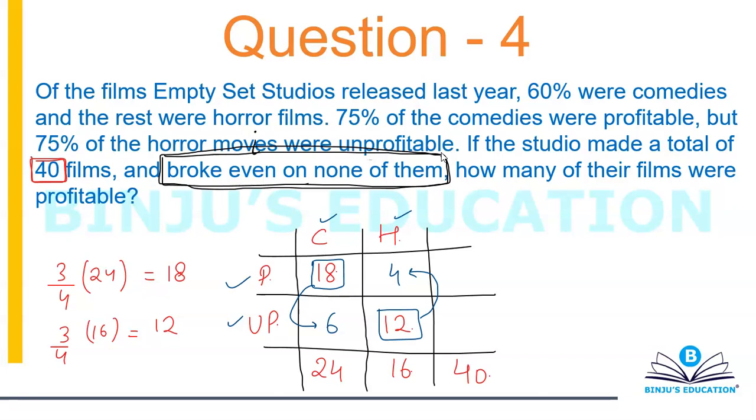I realized this, but I thought that I'm going to tell you this later. So do not directly write 6 below 18. These are the words which allow you to write 6 below 18 and 4 above 12. These are small things which you have to take into consideration, guys. Okay. So this will be 18, this will automatically be 6, 12, this is 4. So this will become 22 and this here will become 18. How many of the films were profitable? I think it's a very easy question. That's simply 22.